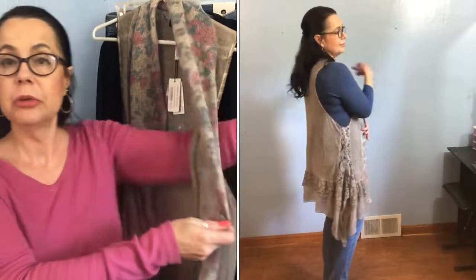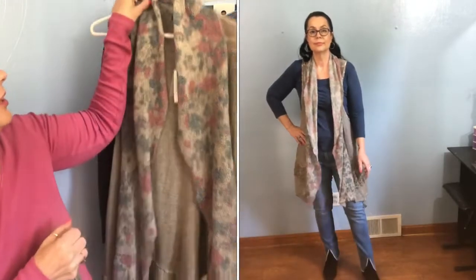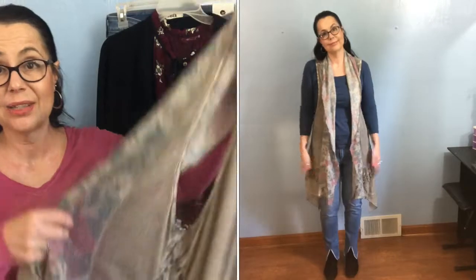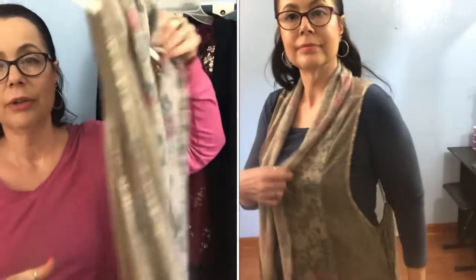Yeah, I think that would have worked too. Yeah, but $69, yeah. It's really cute though. I mean, I'm not hating on it. I'm hating on the price. That's what I'm hating on. It has a very hippie vibe, you know what I mean? And it's very lightweight, sheer. So it is more